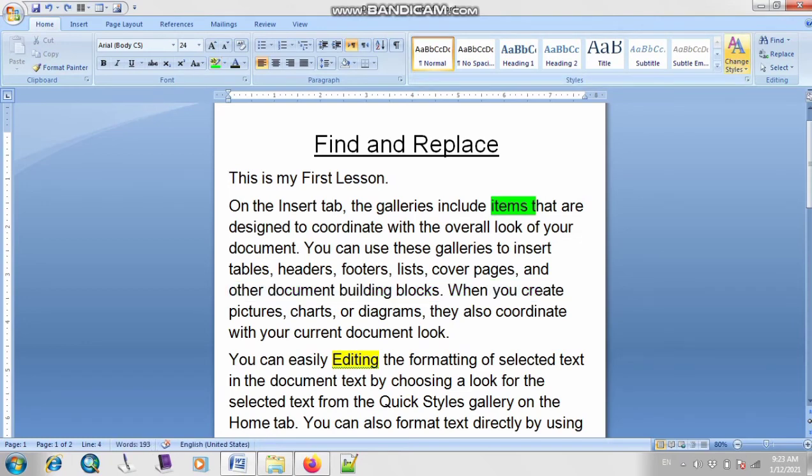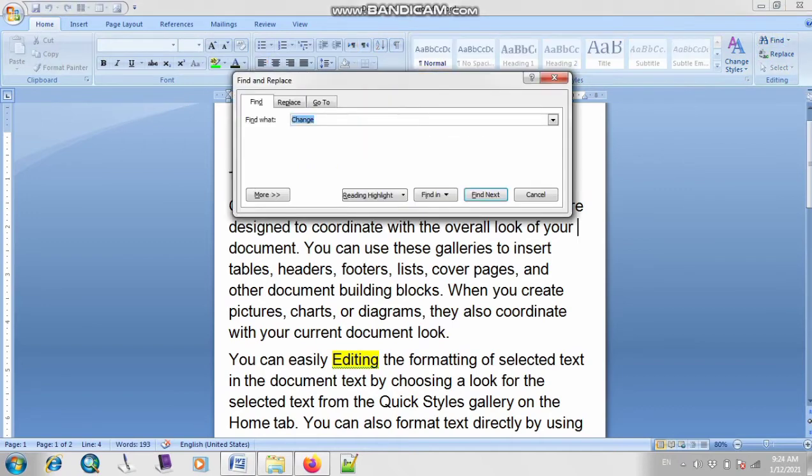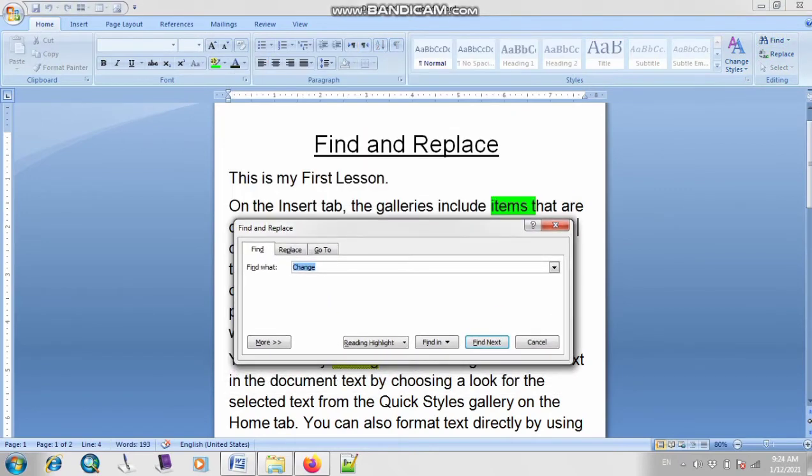Now click on this option of find. Then I will type here my word which I want to replace. I want to replace the word items. I will erase it and type items. Make sure the spelling is correct. If you type a wrong spelling, then it will not show you a correct answer.